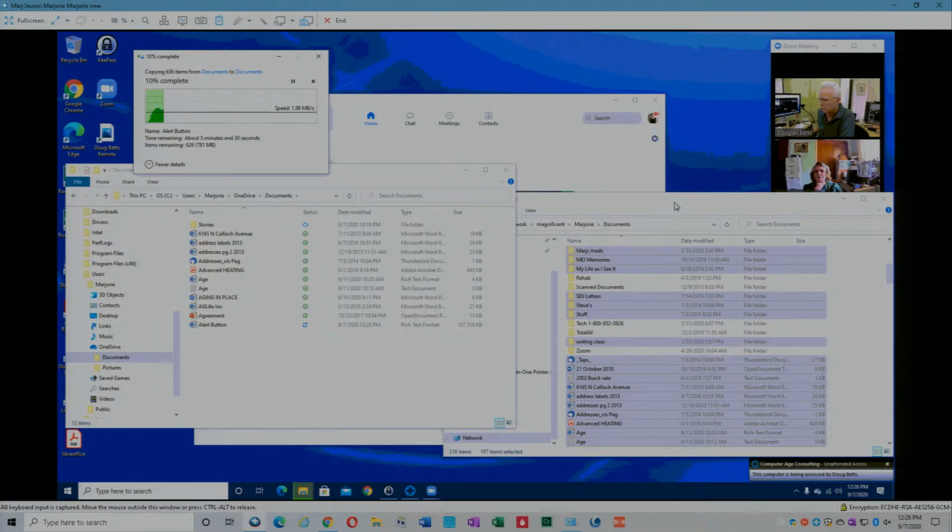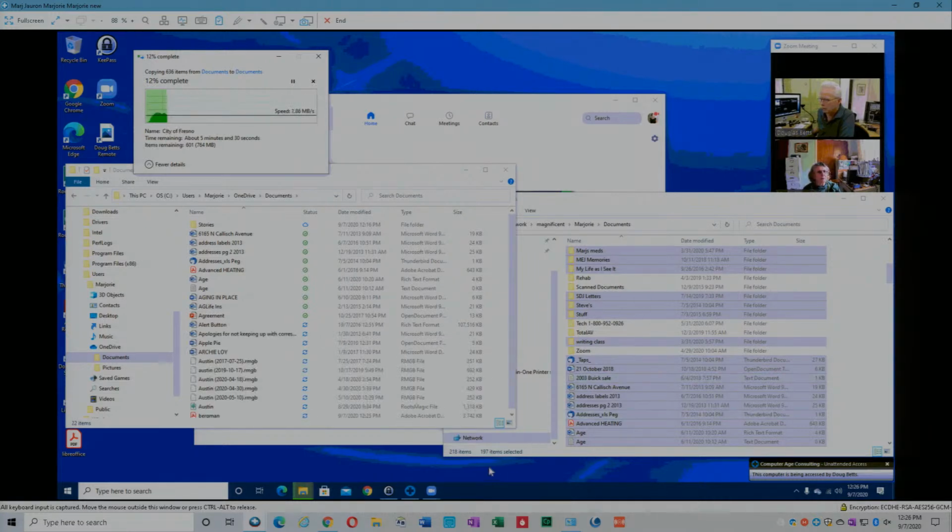I'm surprised there are 626 items remaining. I don't think there were only 218 to begin with. Well, the 218 number you saw were just things that are directly in the documents folder. All these yellow icons here are subfolders that have more than the 218. I see. So the 218 is just these files that are at this level, and that scrolls down quite a ways. All right, so